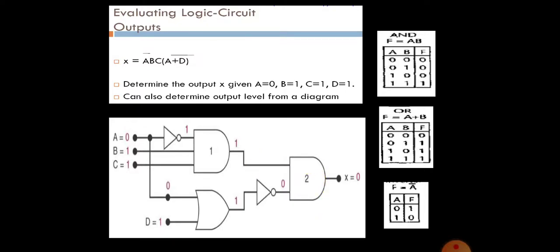Okay. Then A plus D the whole bar. So we are taking the input from A. So the A value is 0. Then D value is 1. So 1 plus 0. So this denotes multiplication, this denotes addition. After making this, you need to make it inverse. So you will get 0. Then 1 into 0, you will get the output as 0. Look how easily we can get the output.